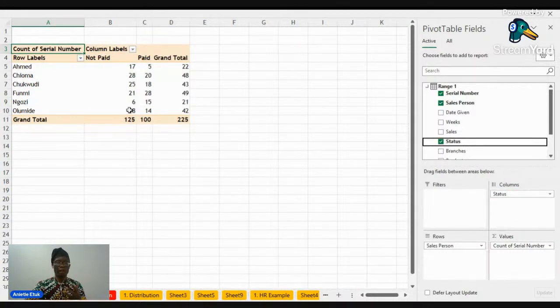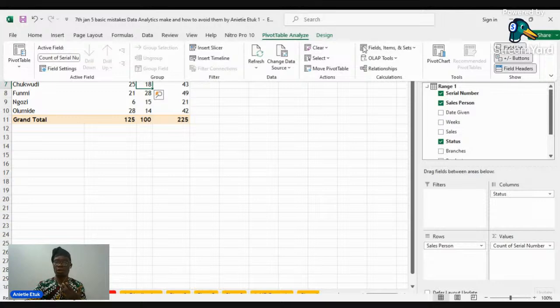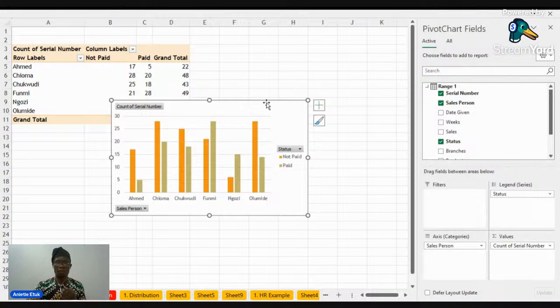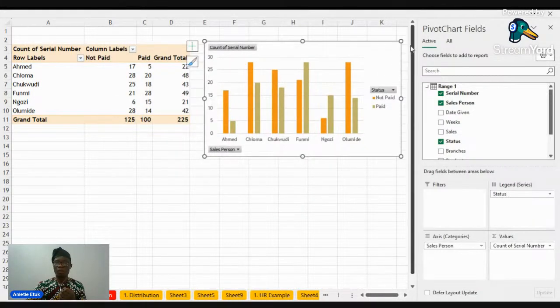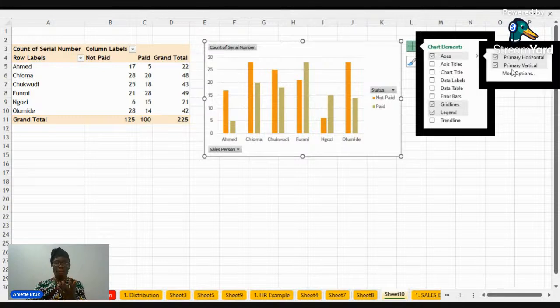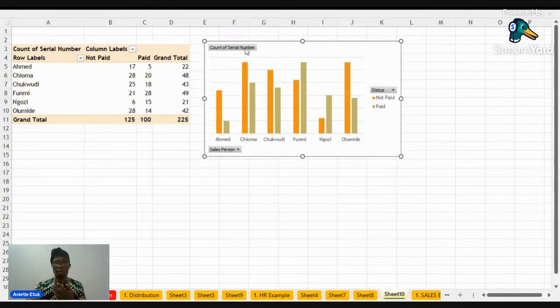Some few weeks ago, I gave this as a challenge on Facebook, and everybody that took part in that challenge, I gave them access to my course for free. Some persons did something like this and submitted the data this way. I click on this, go to pivot analyze, pivot charts, and this is how they reported the data. I asked them to also submit their findings and share the insights they got from the data.